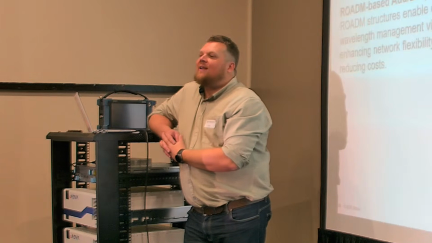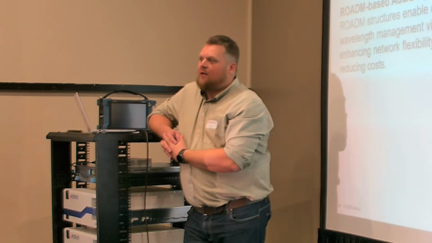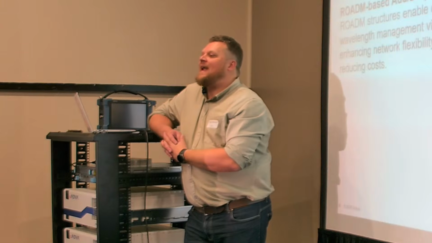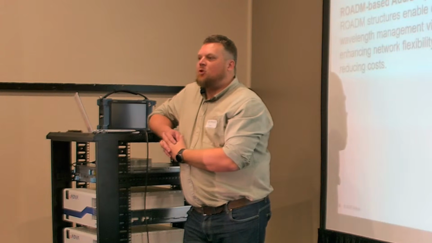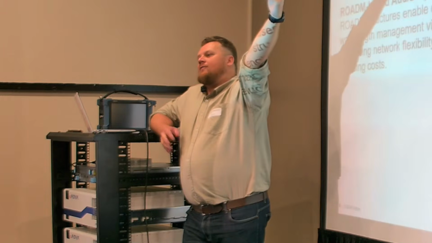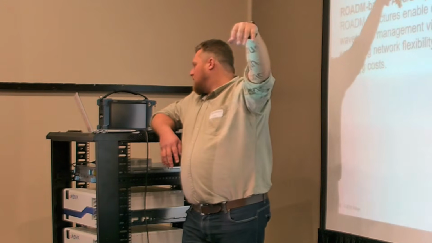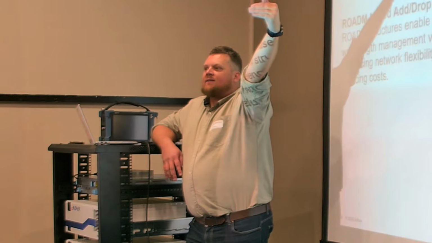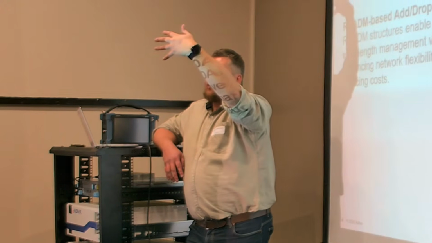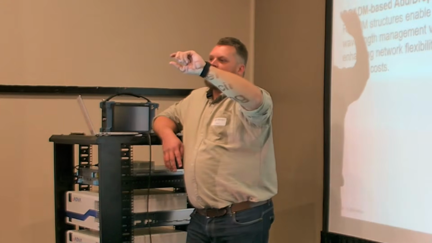Then in ROADMs, you get different types of ROADMs. You get what is called a route and select ROADM. So a route and select ROADM has 2 WSS modules. For argument's sake, let's use our diagram, the 4-degree diagram. So the WSS is a 1:4 WSS, and then a 4:1 WSS. So that's a route and select ROADM.